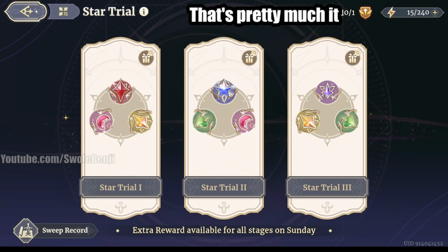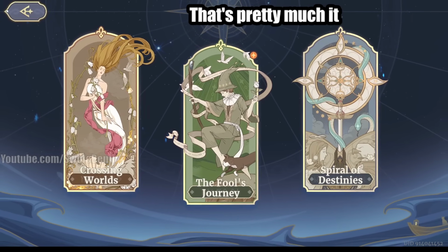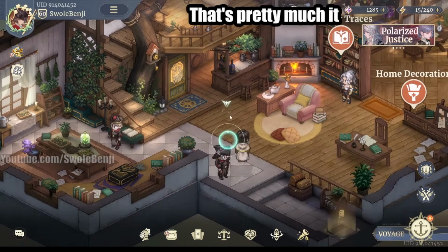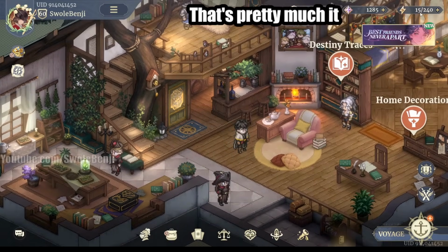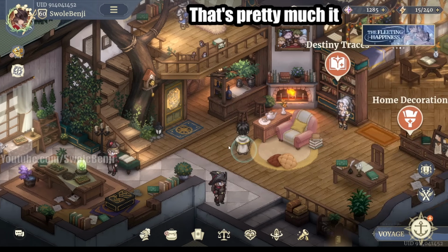Bro, let me just sit here and no-life the game for 18 hours a day until I am maxed out on all my characters, alright? Because if there was no gacha elements, if there was no pay-to-win, if I can just play infinitely, I would have maxed out every character by now with all the best gear. But anyway...